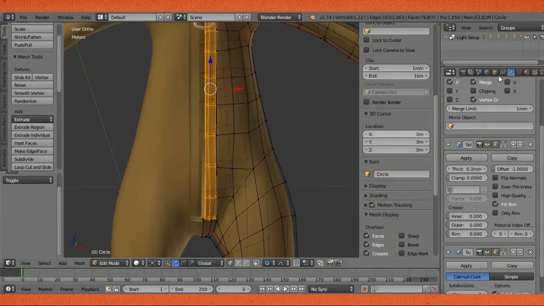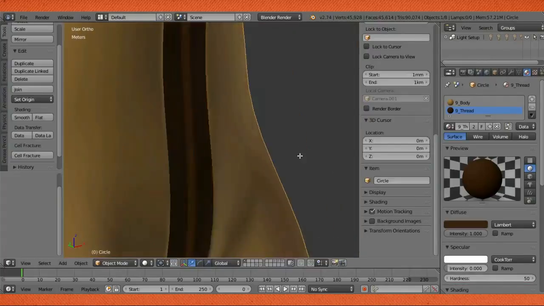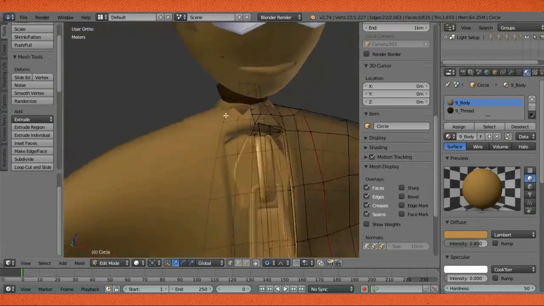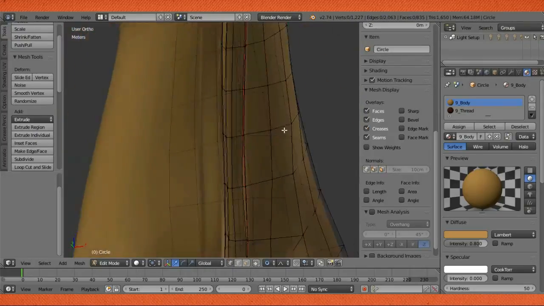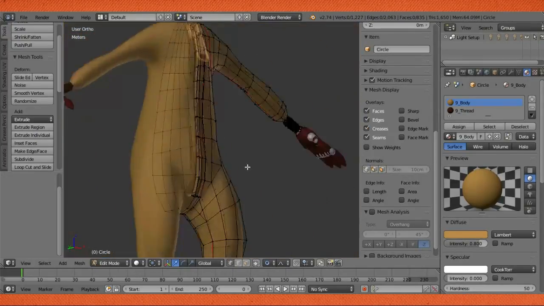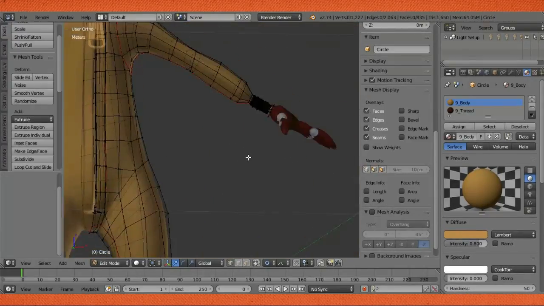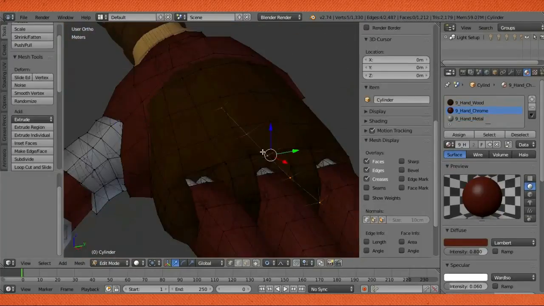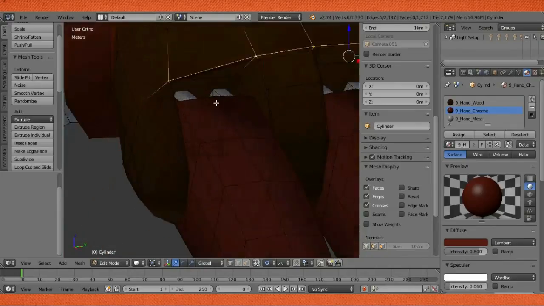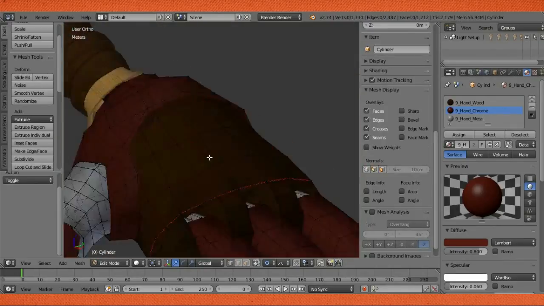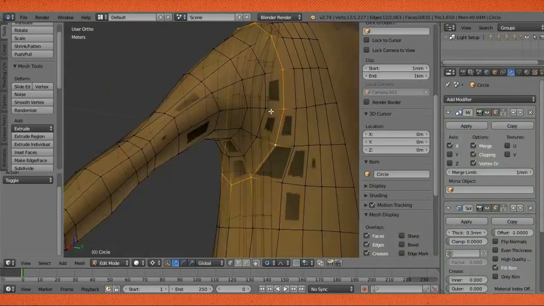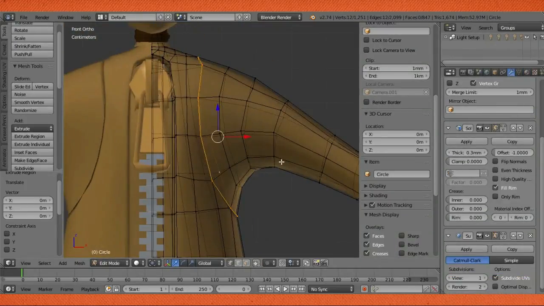Because if you don't mark seams and you unwrap, the UV layout is not going to look good. I think that's one of the things that a beginner should make sure not to forget about unwrapping. Unwrapping is a must. It's something that you need to do to texture your image onto your model. So right now, I'm unwrapping, and also I